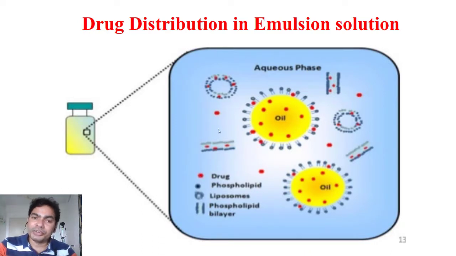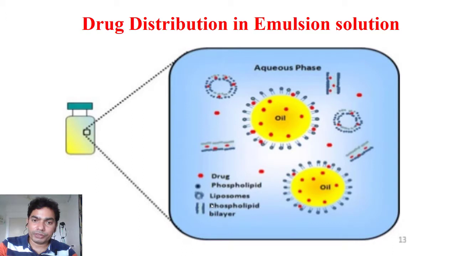Many drugs can be in the water directly, or if it is dissolved in the lipid, this is the perfect molecule carrying the drug. Inside this lipid there is a drug which is dissolved here. Some drugs may adhere on the surface of this molecule, right? Some drugs are associated with this membrane structure, this is a very stable structure, this is a less stable structure. And some phospholipid layers may make a liposome-like structure, right?